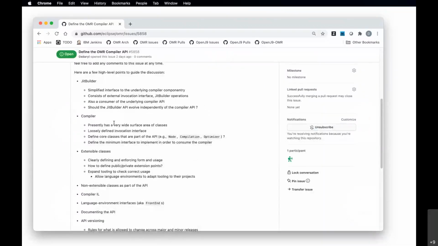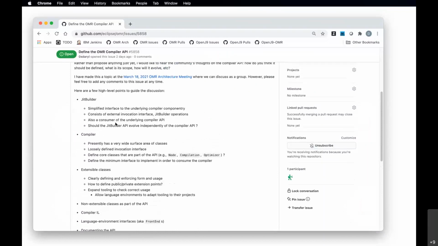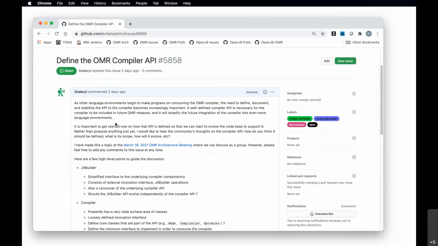Okay, so I just have some talking points in this issue, 5858. I wanted to talk today about defining an API for the compiler. There are some good reasons for needing to do this.